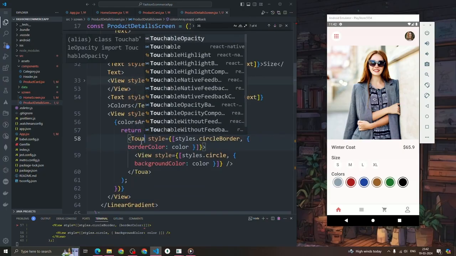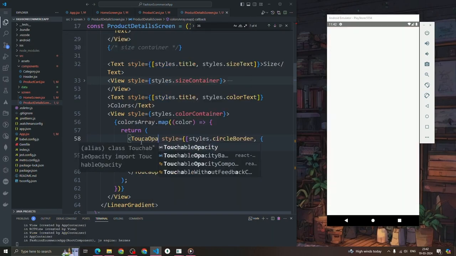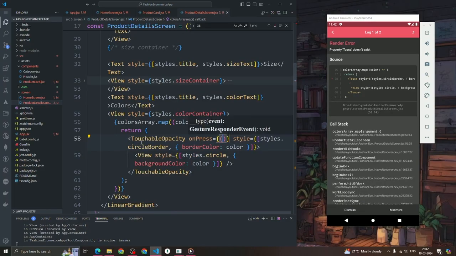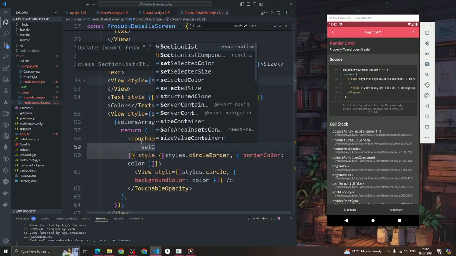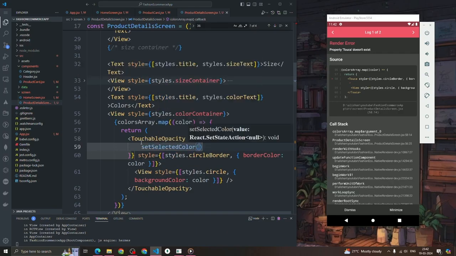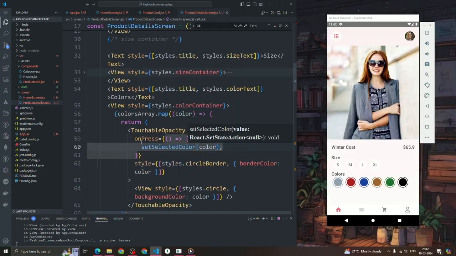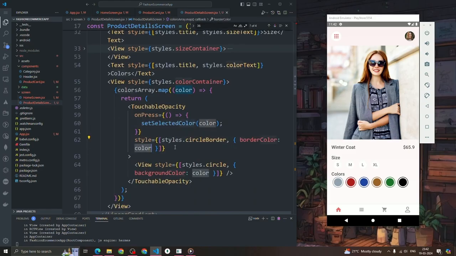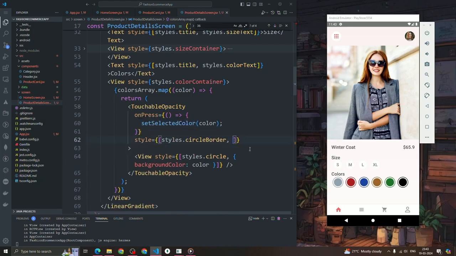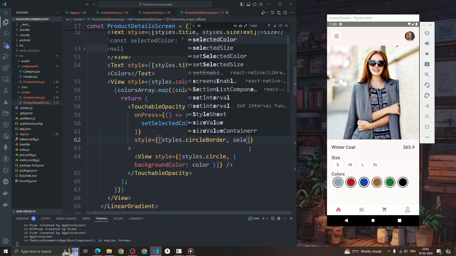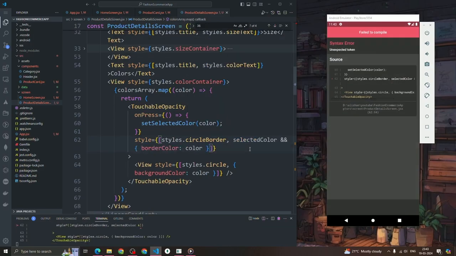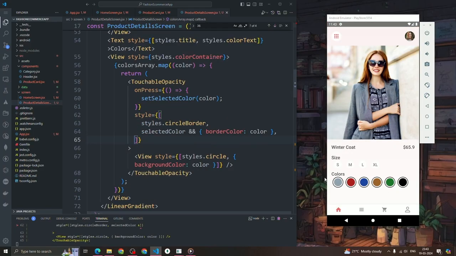So let's add a touchable opacity, and we're gonna have an on press event. Here what I'm gonna do, I'm gonna call this set selected color, gonna be this new color. Okay, now after that, if we are having a selected color, like if we click on any color, that's gonna be only highlighted, right? So let me remove this quickly. Now if selected color value is there, then only write this color property, right? If I click on this,